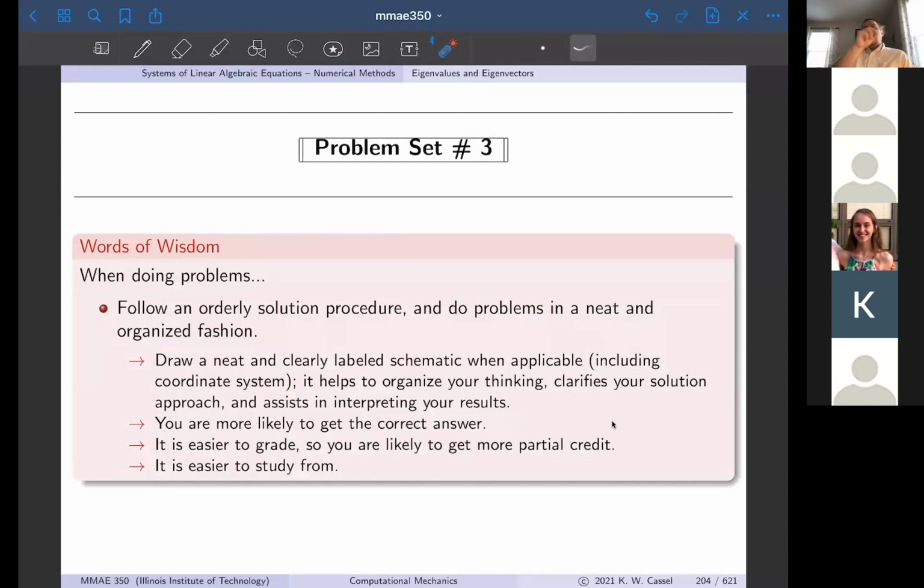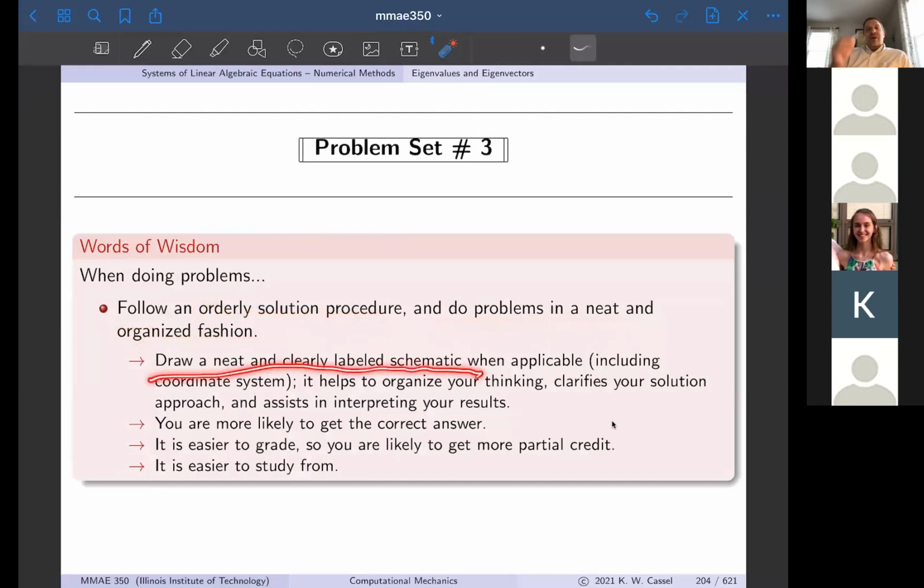I would always write out the problem statement for reasons I'll mention in a second. So this is very important, and if you can develop good habits along the way, it will actually benefit you. And that's part of my argument here, is I want to argue why or how this benefits you, not just me or someone else. So an orderly solution procedure: do problems in a neat and organized fashion,